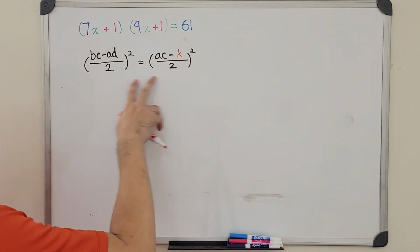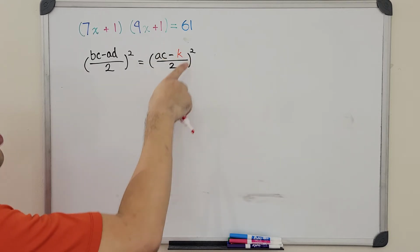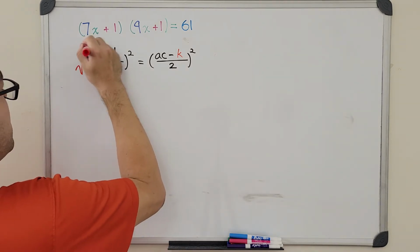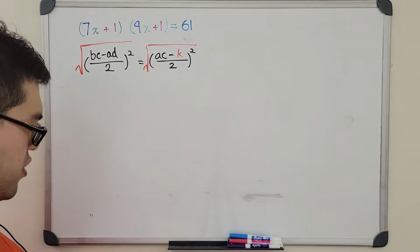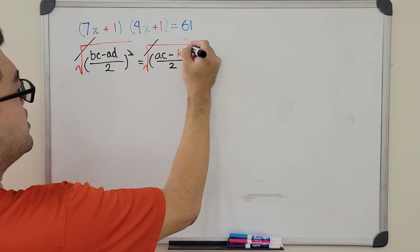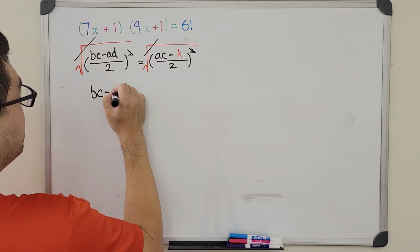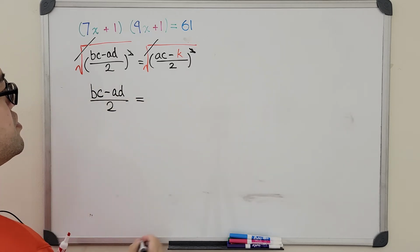So if we look carefully, we have the square of this fraction is equal to the square of that fraction. How do we solve it? Of course, we take the square root, right? So if we take the square root on both sides, the square root and the square will of course cancel out. And then here, the square root and the square will cancel out. So what do we get? Now we only have BC minus AD all over 2, which is this part here, is equal to